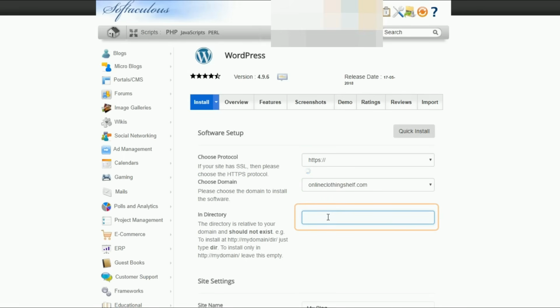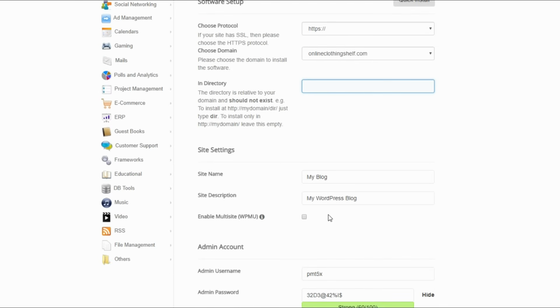Leave the in directory field blank unless you want WordPress to be installed on a subdomain, something that will look like onlineclothingshelf.com/blog. Further down, you need to choose a name for your online store and a description. Don't worry if you have no idea of what to type in here for now, because you can change that